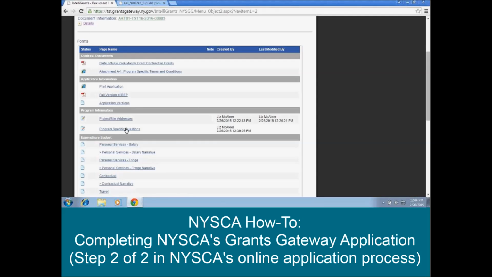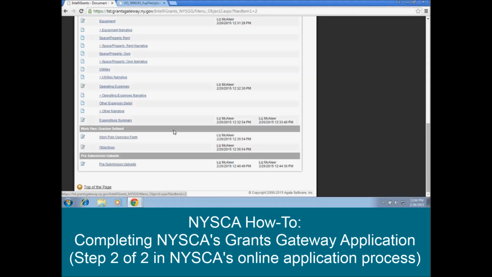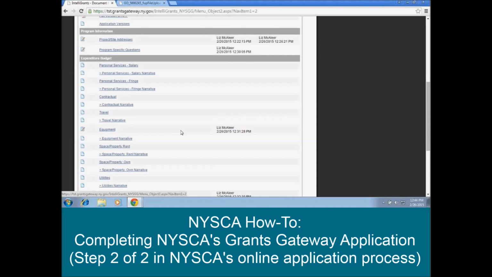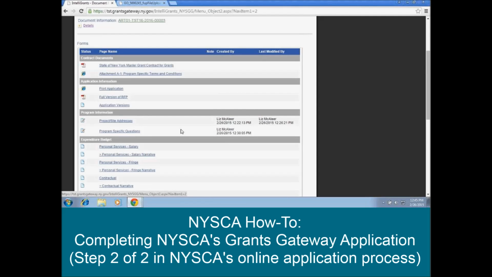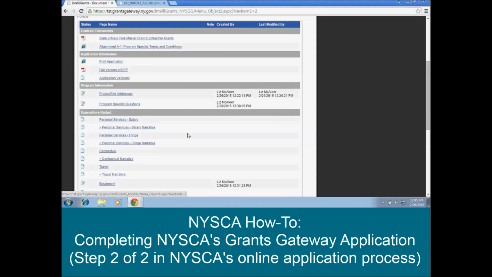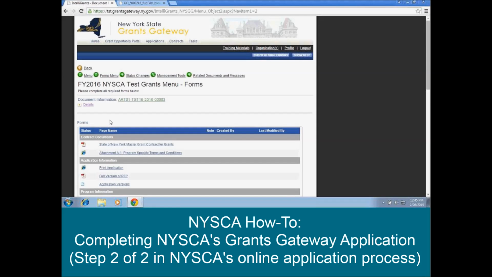You'll want to confirm on each screen that you've entered that all the information is correct before you submit. Once an application is submitted, it cannot be edited. So do make sure that all the information is accurate, all the required support materials have been uploaded, and all the required program and category questions have been answered. And now to submit an application,